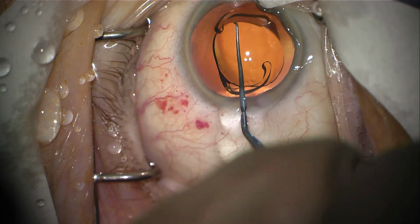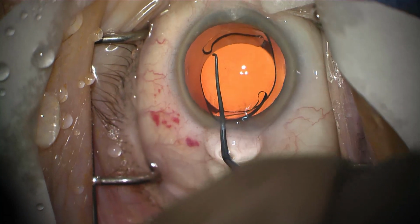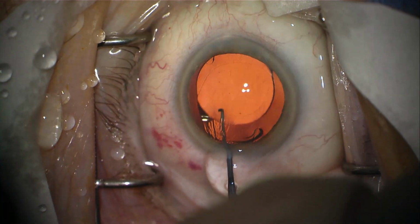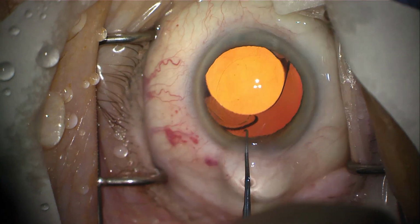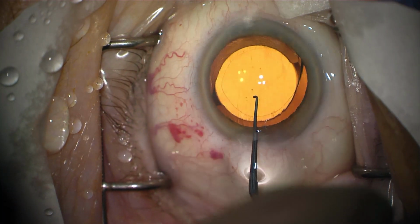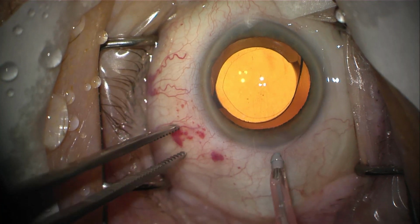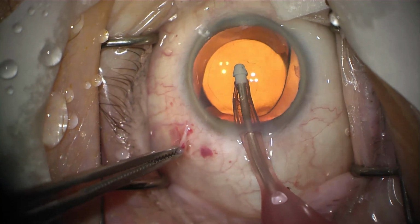You can see the lens is made out of 3 parts. The center part is the optics of the lens, almost like a contact lens. And the edges of the lens have what's called haptics. These haptics hold the lens in perfect position and centration. I'm now nudging the lens haptics and optic into perfect centered position in the center of the pupil in the capsular bag. What I do now is I insert a device which I used previously to remove the soft part